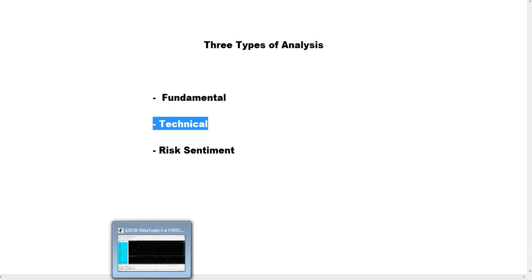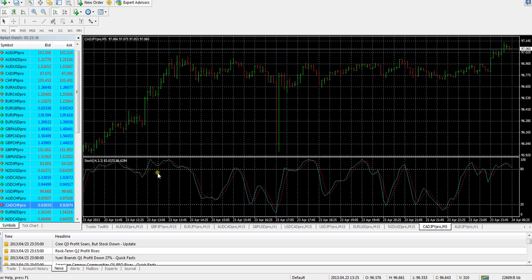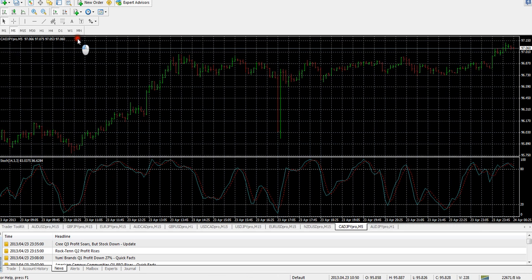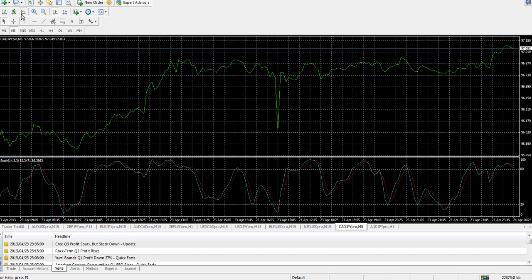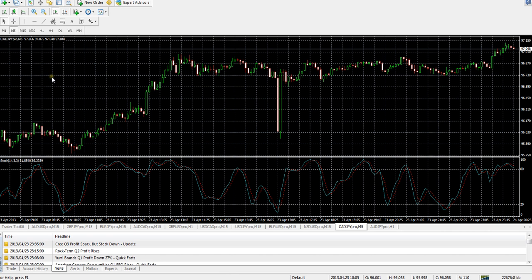Some of the ways that technical analysis is done, probably the most favorite is charting. Whether it's a bar chart or a candlestick chart or a line chart. There's also swing charts, point and figure charts. There's a whole plethora of different ways to chart price data. But it's just an effective way to represent price action in a visual way.